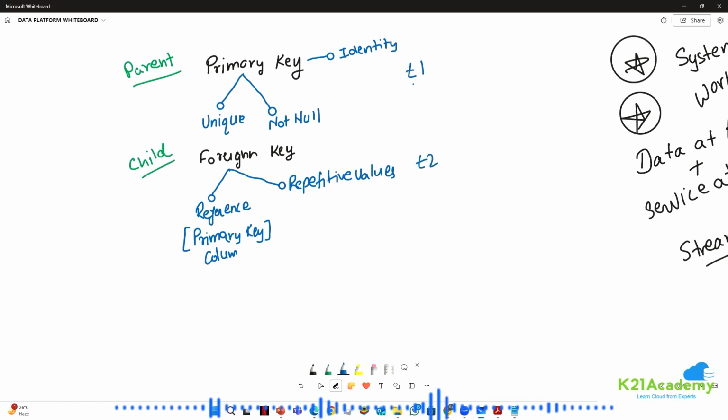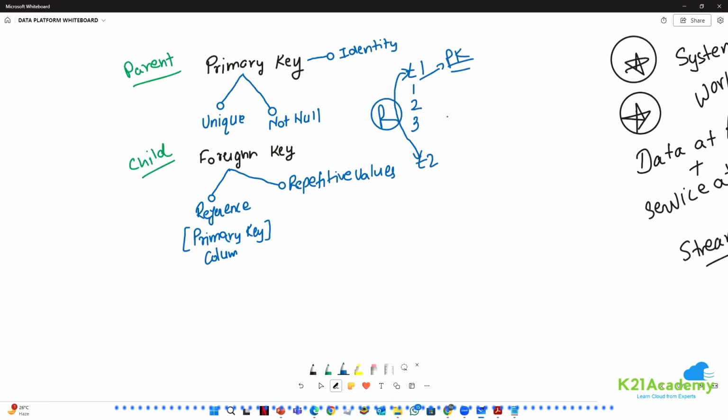Now, if I have entries 1, 2, 3, and suppose these entries are primary key entries, and I want to relate this with this, for that relationship purpose,